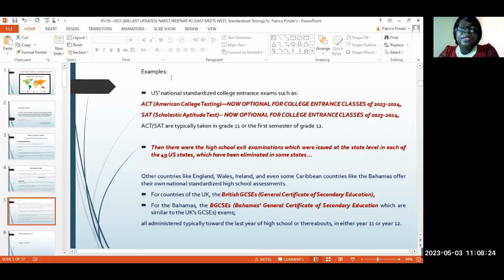Then there were the high school exit examinations, which were issued at the state level in most of the US states, but some of which have been eliminated in some states. Other countries like England, Wales, Ireland, and even some Caribbean countries like the Bahamas offer their own national standardized high school assessments. In the case of the UK, there is the British